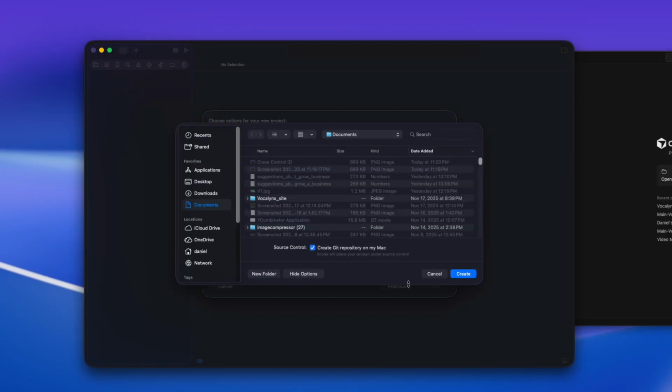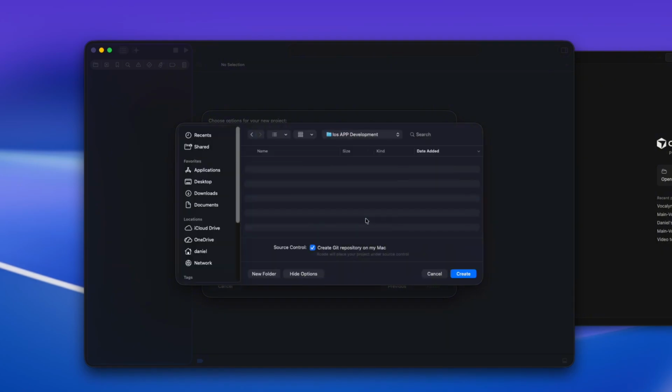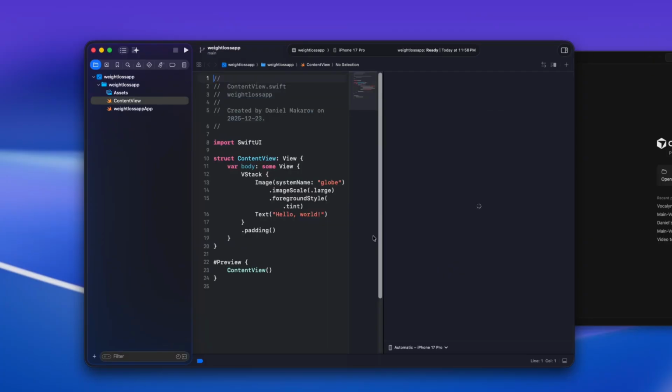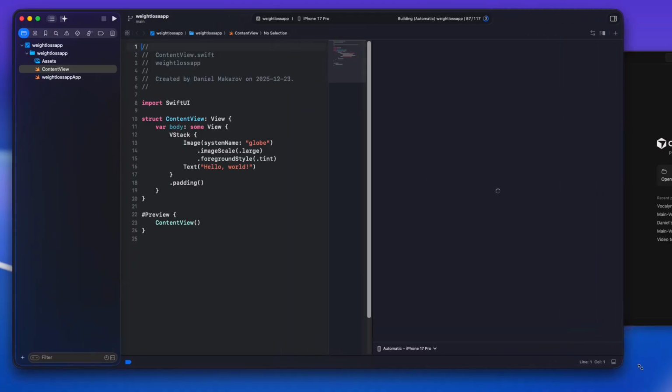Press next. And here we're actually going to create the folder where we're going to save the app. So in this case, I'm just going to create a new folder and call it, I don't know, like iOS app development. Create a new folder. And then we're going to create it within this iOS app development folder. Awesome. Now that you guys have that done, you guys will see right here all the code to your app,